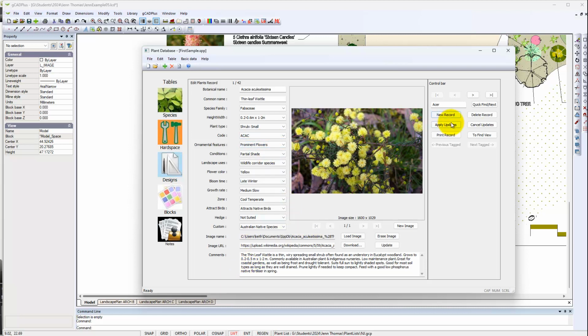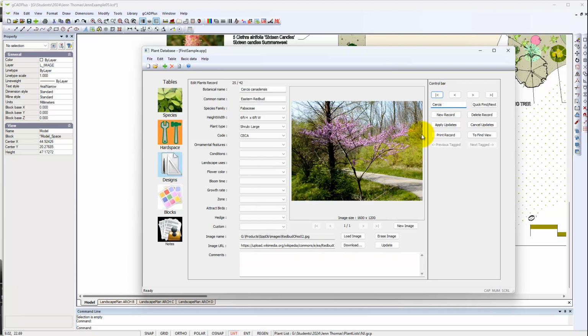So we want to find a record. Have we got an example of Cercis? And we can do a quick find, and there we are. And what we can do now, so there is one now. We've only 42 entries in this little database, but I think we've got about 50 symbols being used, but we're not going to put an image of all of them, but we now can drag over here and copy that